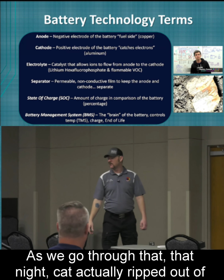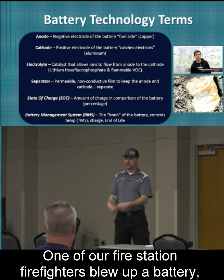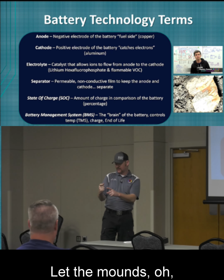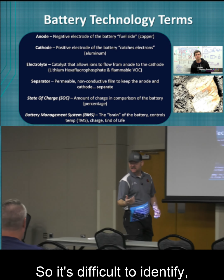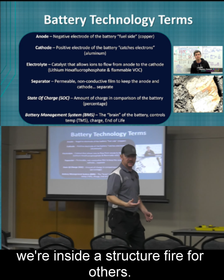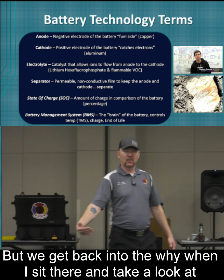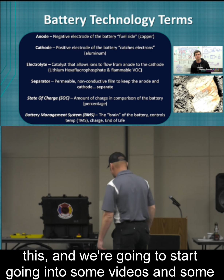That NiCad I actually ripped out of a Stryker battery for a power cot. One of our fire station firefighters blew up a battery, not literally blew it up, but it was ripped open. It was like, oh, perfect, lithium ion, oh, NiCad. Ooh, I'm gonna rip this off because they look the same. So it's difficult to identify when we're inside a structure fire for others. But we get back into the why. When I sit there and take a look at this, we're gonna start going into some videos and some series on this,